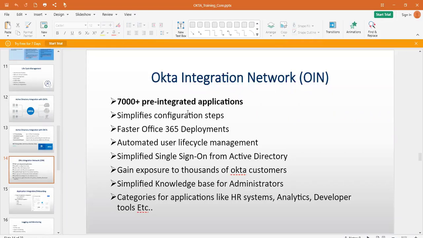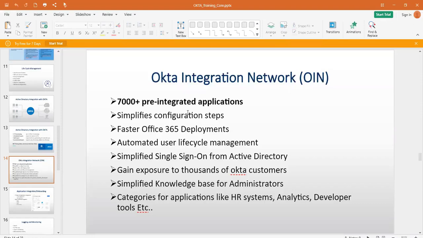You can directly go ahead and enable provisioning for the OIN application, and it's not a difficult step to initiate provisioning. Whenever the user account gets created in Okta and the user is added to that ServiceNow group, automatically that user account will be provisioned at the ServiceNow application end.